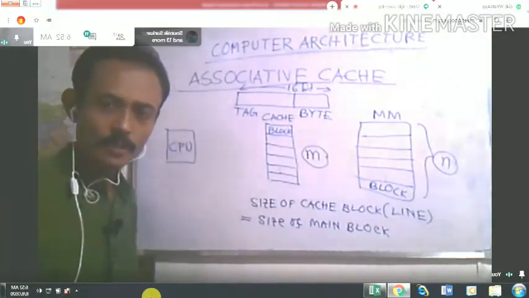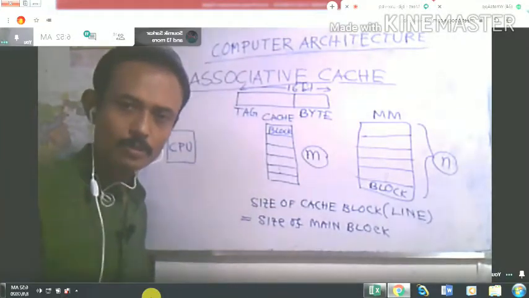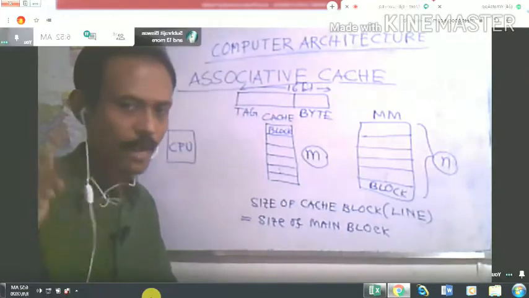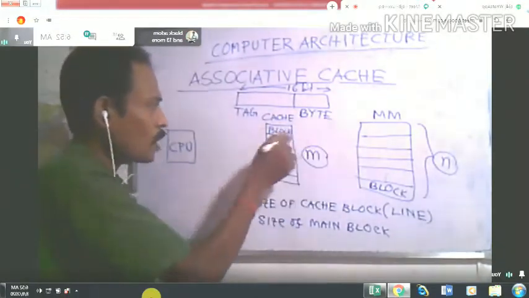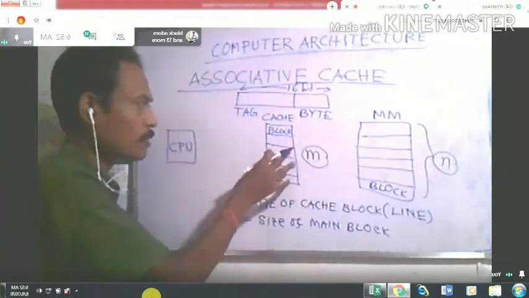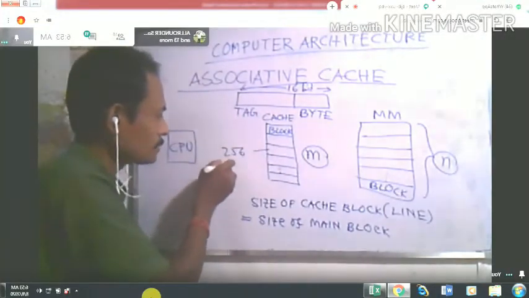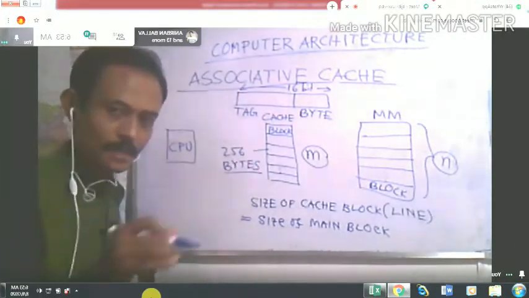Now suppose the size of the block is 256 bytes. So a block of main memory or a block of cache memory will have 256 bytes. Clear?